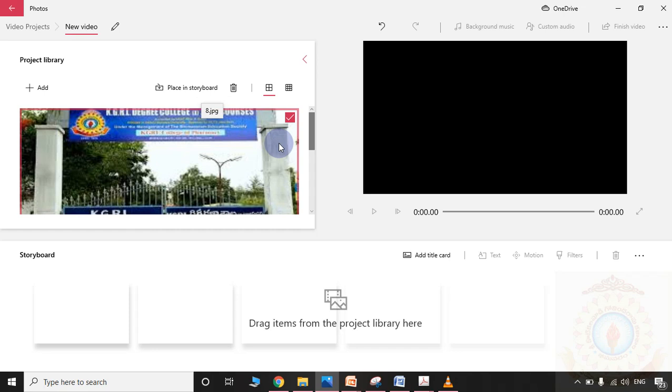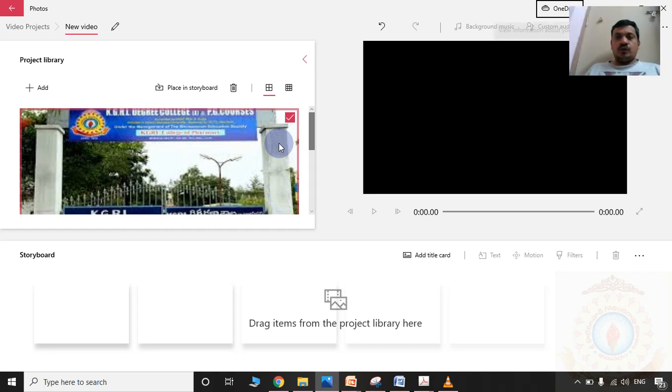Now please observe, you can add some photos here. Whenever photos are available, you can create a video with the help of this particular app.